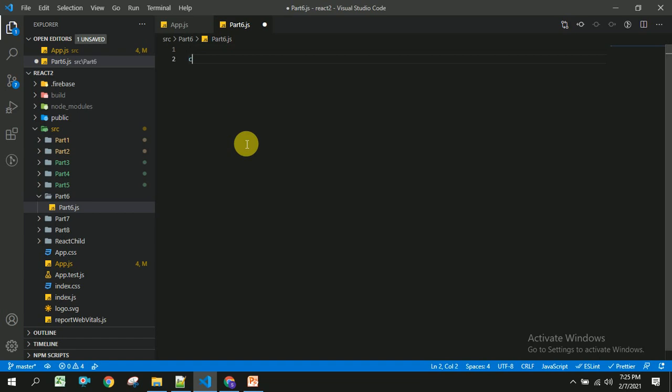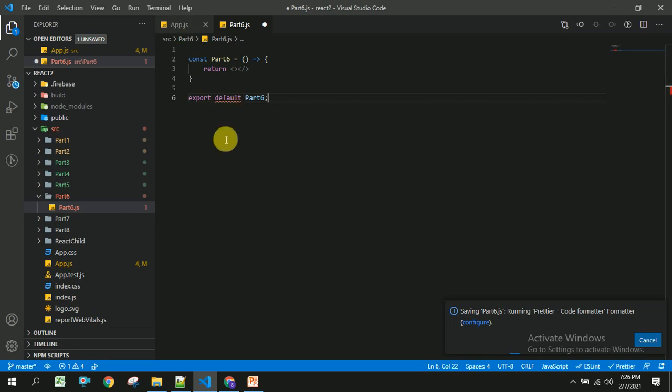So I am going to create a constant part6 equal to some arrow function and return an empty fragment, and I am going to export part6 as default, and I am going to use this part6 in my app component.js.